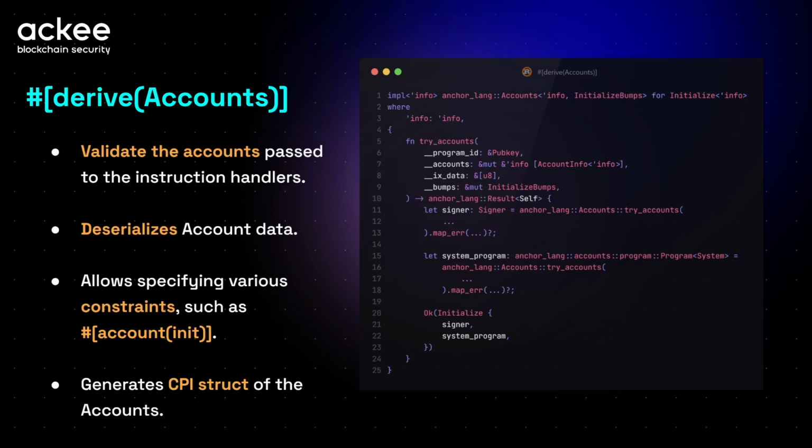If your instruction expects the metadata program as the third account, you need to check that the account is executable and that its address matches the program ID of Metaplex, which is publicly available in their documentation. I think you can also check it using some of the explorers. This is for vanilla Solana.